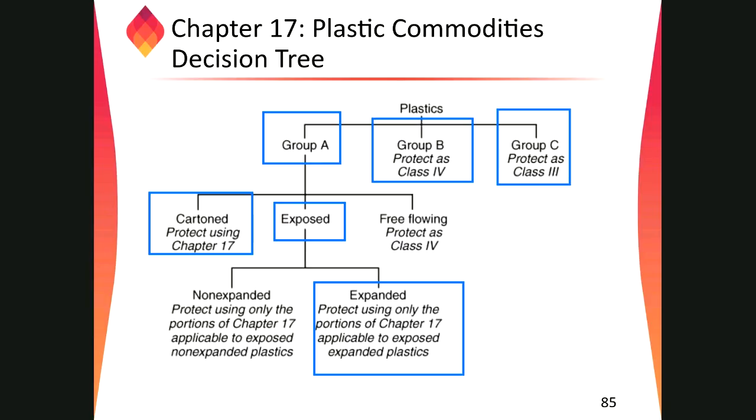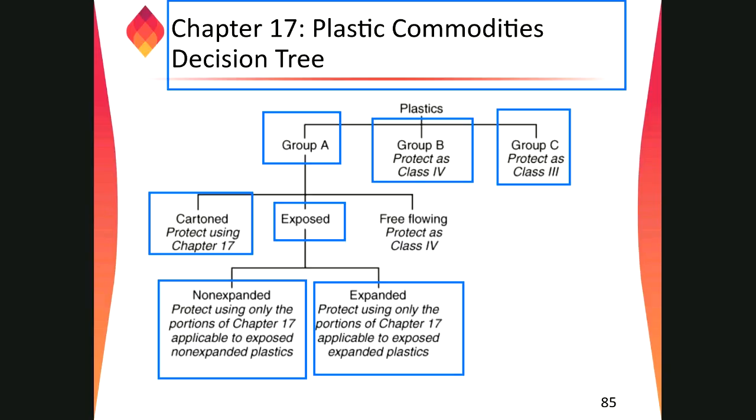The one we discussed in the previous class: expanded means we put some steam into the steam blower and we decrease the density of the product, like thermocol items and all. And non-expanded means the same as raw material storage, or sometimes we make a product like PET, some kind of piping and all, directly from raw materials. So if you want to decide about the types of plastics for your project, you have to read chapter 17 of NFPA 13 directly.